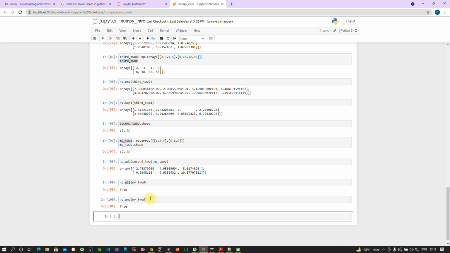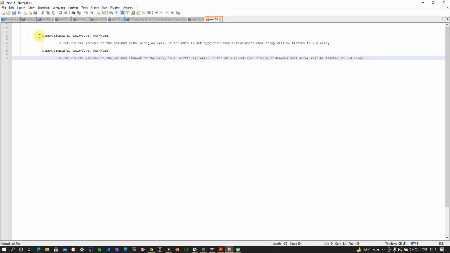So there are two functions that I want to focus on. These are very critical, you need to understand them, because they are a little tricky. One is numpy.argmax, the other numpy.argmin. Both take a parameter a, which means an array, and a parameter axis. Axis should be 0 or 1: 0 means column wise, and 1 means row wise.